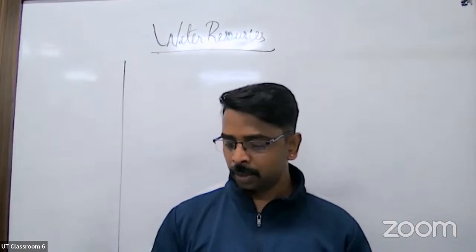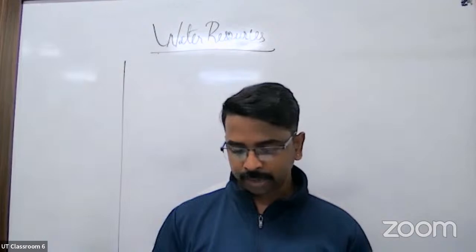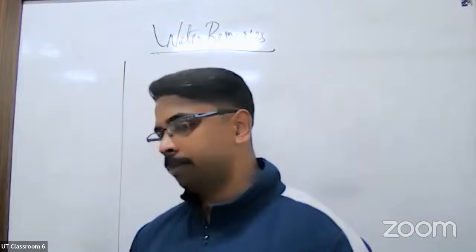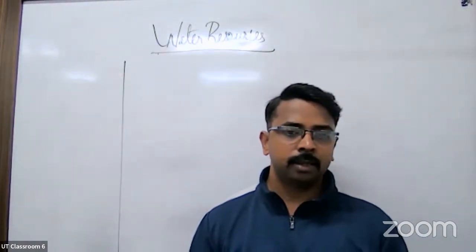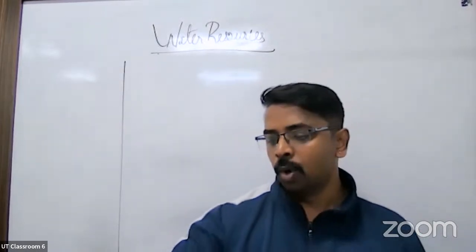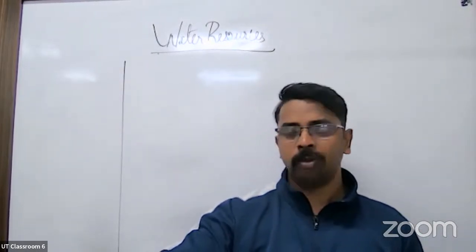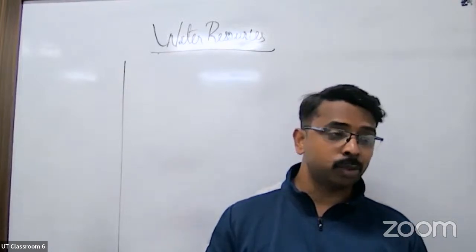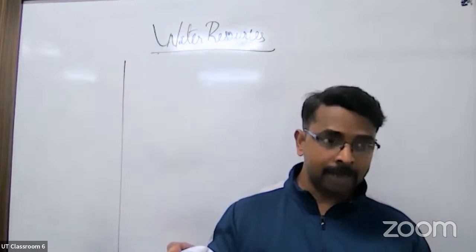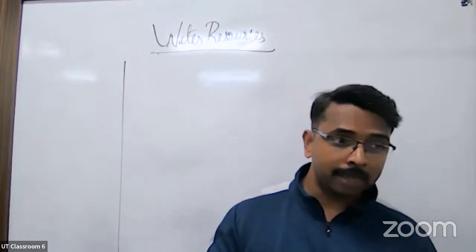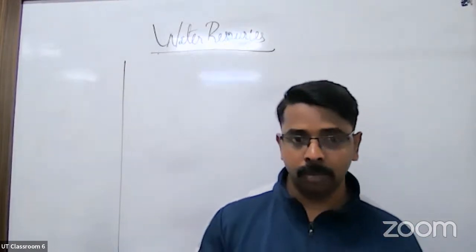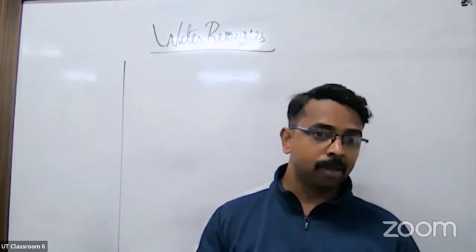You can pick up your page numbers 53 and 52. There are many disadvantages given. Just run through the disadvantages. Then there is a question called opposition to multipurpose projects. I'll just concentrate on that. Sometimes there is a short note question on a heading called Narmada Bachao. Narmada is in Gujarat and Maharashtra. What has happened to this dam construction? Even today, there is some controversy, not on the project, but created by the common people.